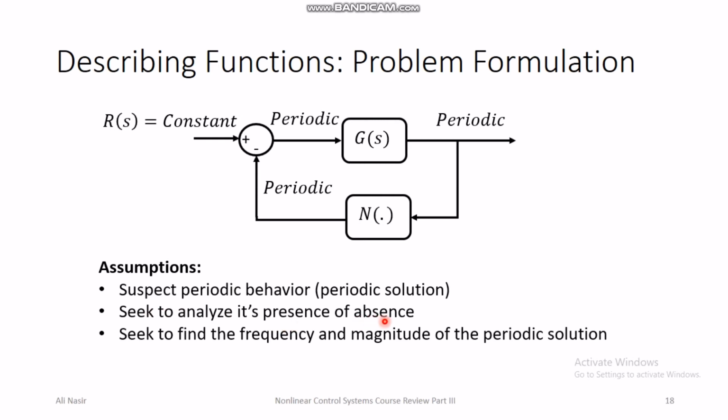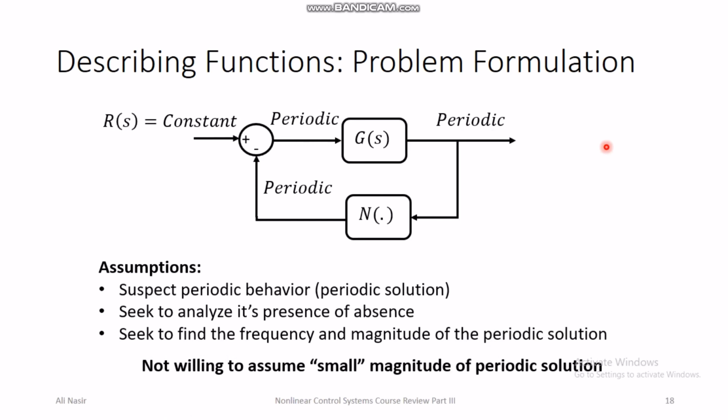So we seek to analyze whether, in the presence of periodic nonlinearity, this whole feedback system has a periodic solution or not, and we seek to find the frequency and magnitude of that periodic solution. The input in this case is a constant value like a unit step. So we are not willing to assume a small magnitude of the periodic solution; we are only looking for non-trivial periodic solutions. Then, in order to find the periodic solutions, we first have to define the describing function